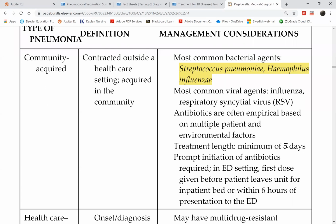A minimum of 5 days. We can stretch that to about 7 days. Doctors typically don't wait because of the Joint Commission core measure. Remember, I mentioned that antibiotics must be started early. The sooner you treat it, the less likelihood the patient will become septic. The reason for this is